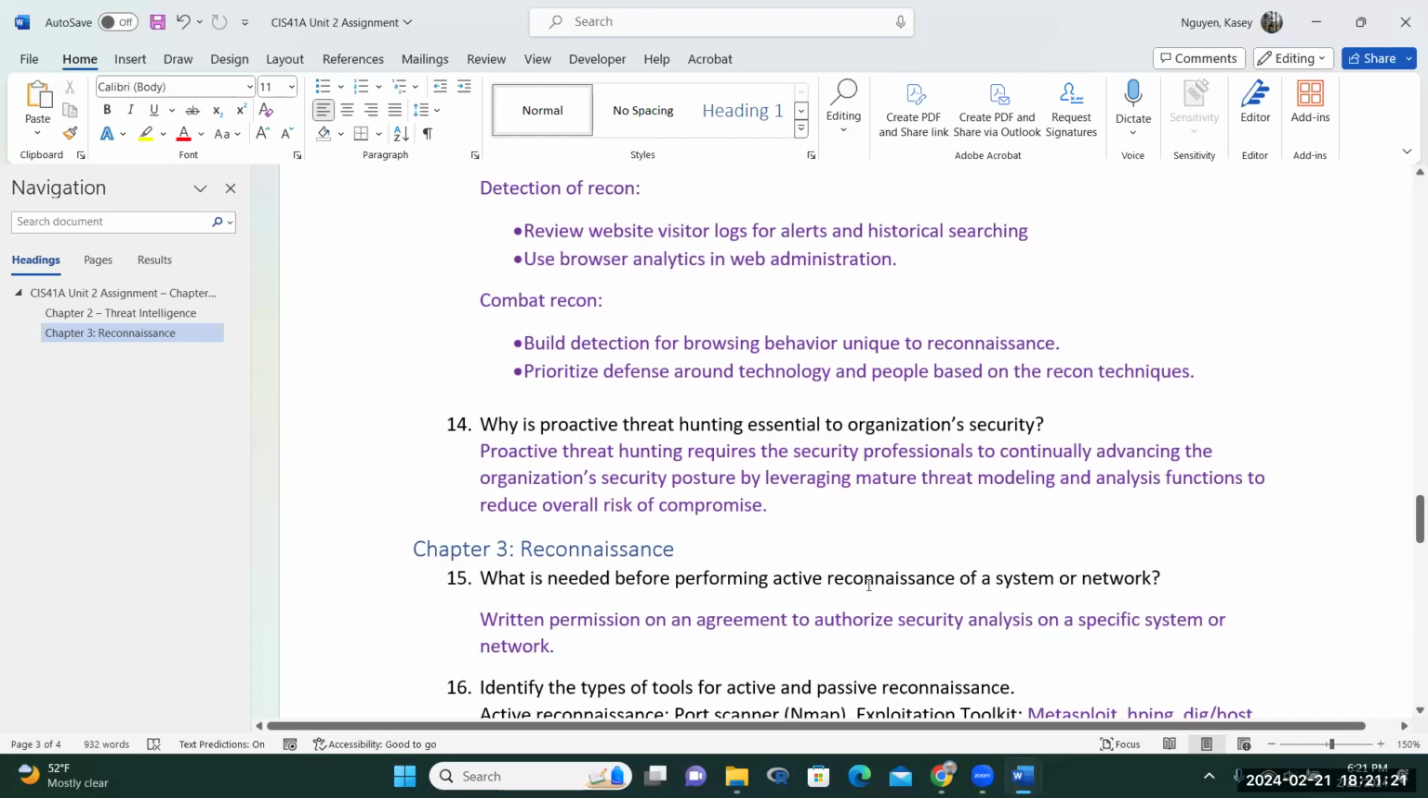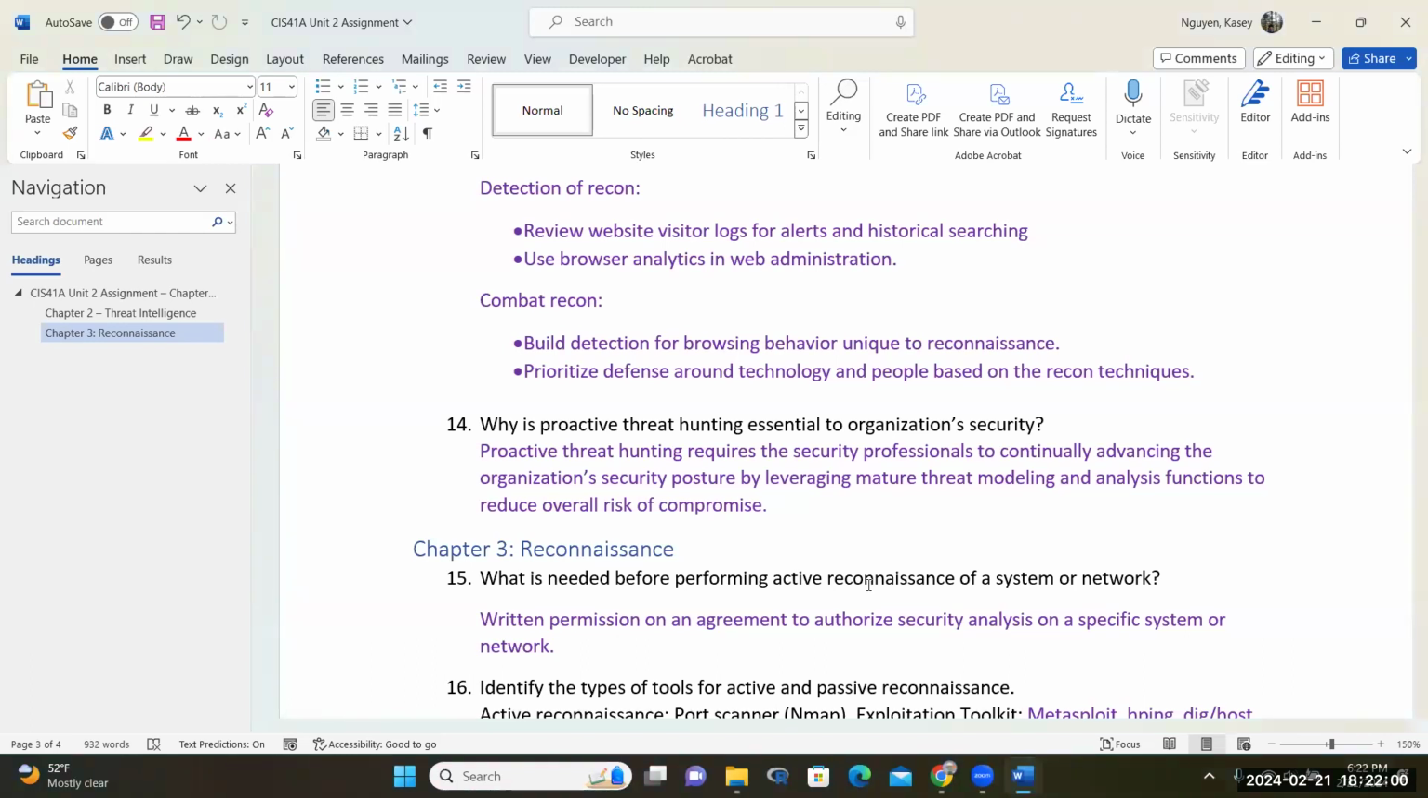Okay. So why is proactive threat hunting essential in the organization? Because it requires you to continually advance. That means fix the posture, right? More than fix, it is to upkeep it, maintain it, and prepare the organization for better security. So that means improving your organization's security posture by leveraging mature threat modeling and analysis functions to reduce overall risk